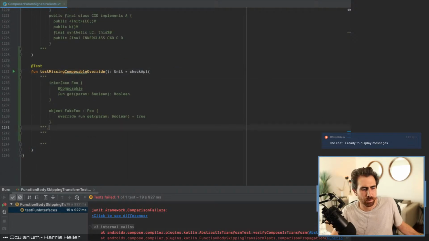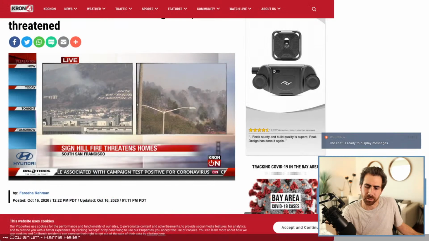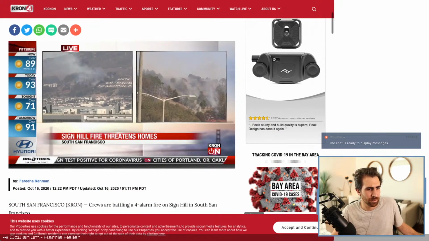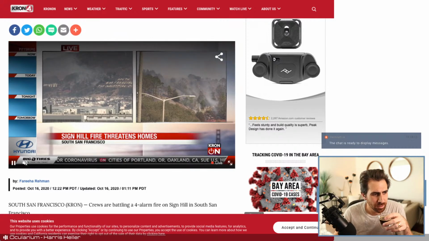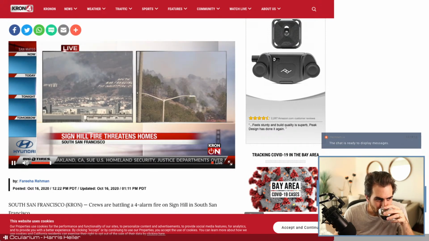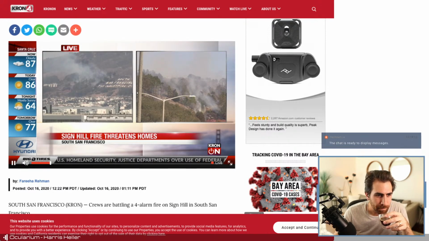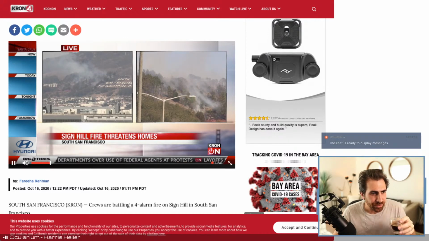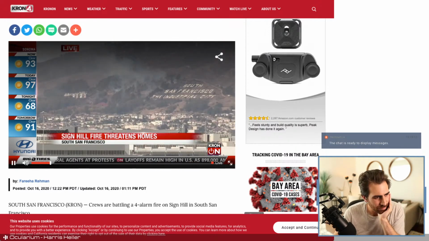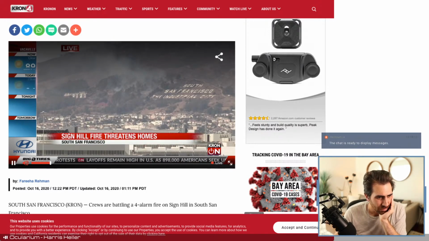So let's go back over to our fire cam. I guess since we first started reporting on the story about an hour and a half ago, it was a big blaze. It actually started right around the word South. You could see that line of demarcation between the U and the T. You can see where that is. It's black there. That's where the fire first started burning. It might have just been